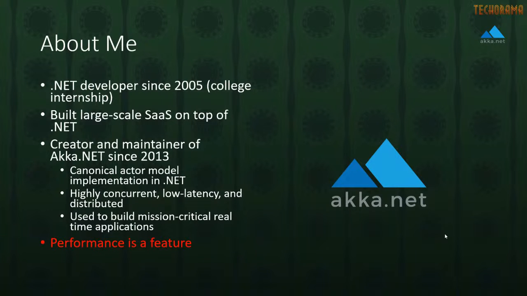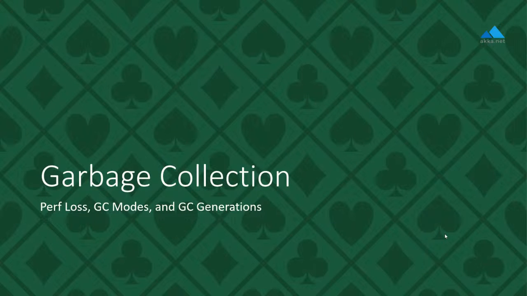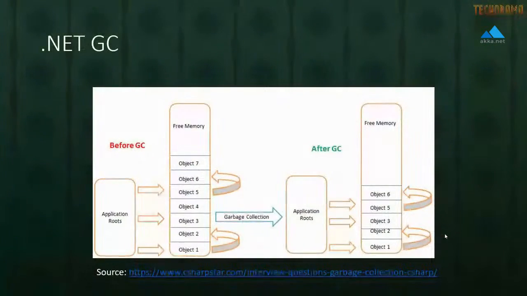But the key takeaway from this talk is that performance is a critical feature of Akka.NET. That was the biggest feature of the 1.4 release. We're going to talk about some of the things you need to know about the underlying .NET systems that make up the common language runtime, the garbage collector, and the ThreadPool. We need to know a little bit about how all these systems work in order to get the lowest possible latency with the least amount of memory and the highest possible throughput. Of all the different parts of .NET worth learning, the garbage collector is probably the highest impact area that can affect your performance.